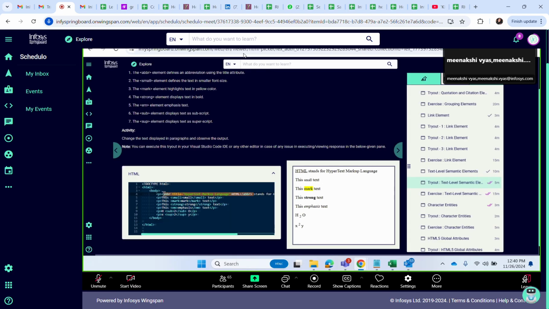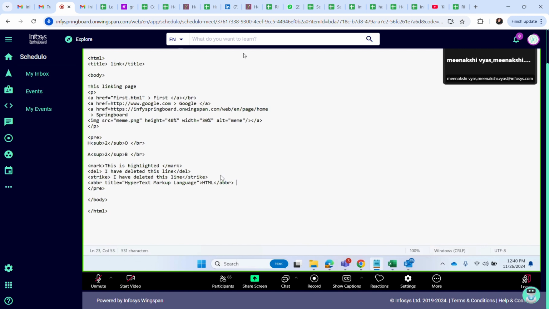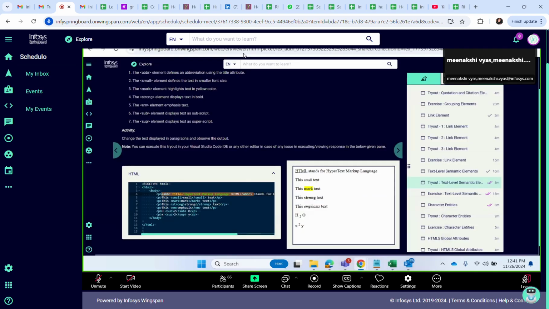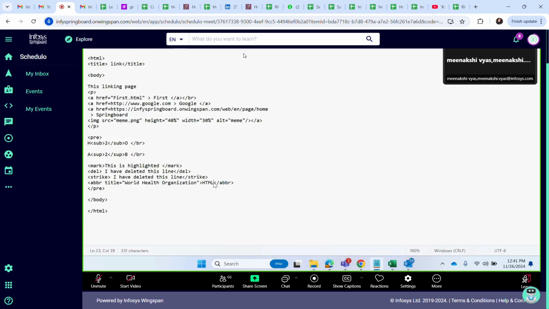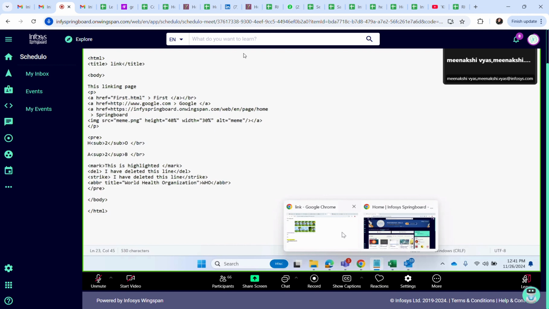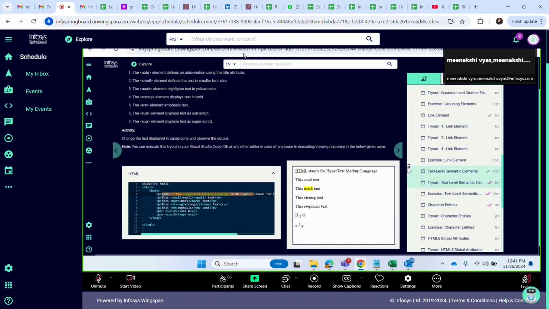And let's copy this and use it in our file also. Okay, so here I will write World Health Organization. So obviously the system doesn't know what you are using, right? If I write the title, abbreviation title, World Health Organization for HTML, it will show me that also. But obviously we use correct things. So if I want my users to know what is the short form, I can use it, right?